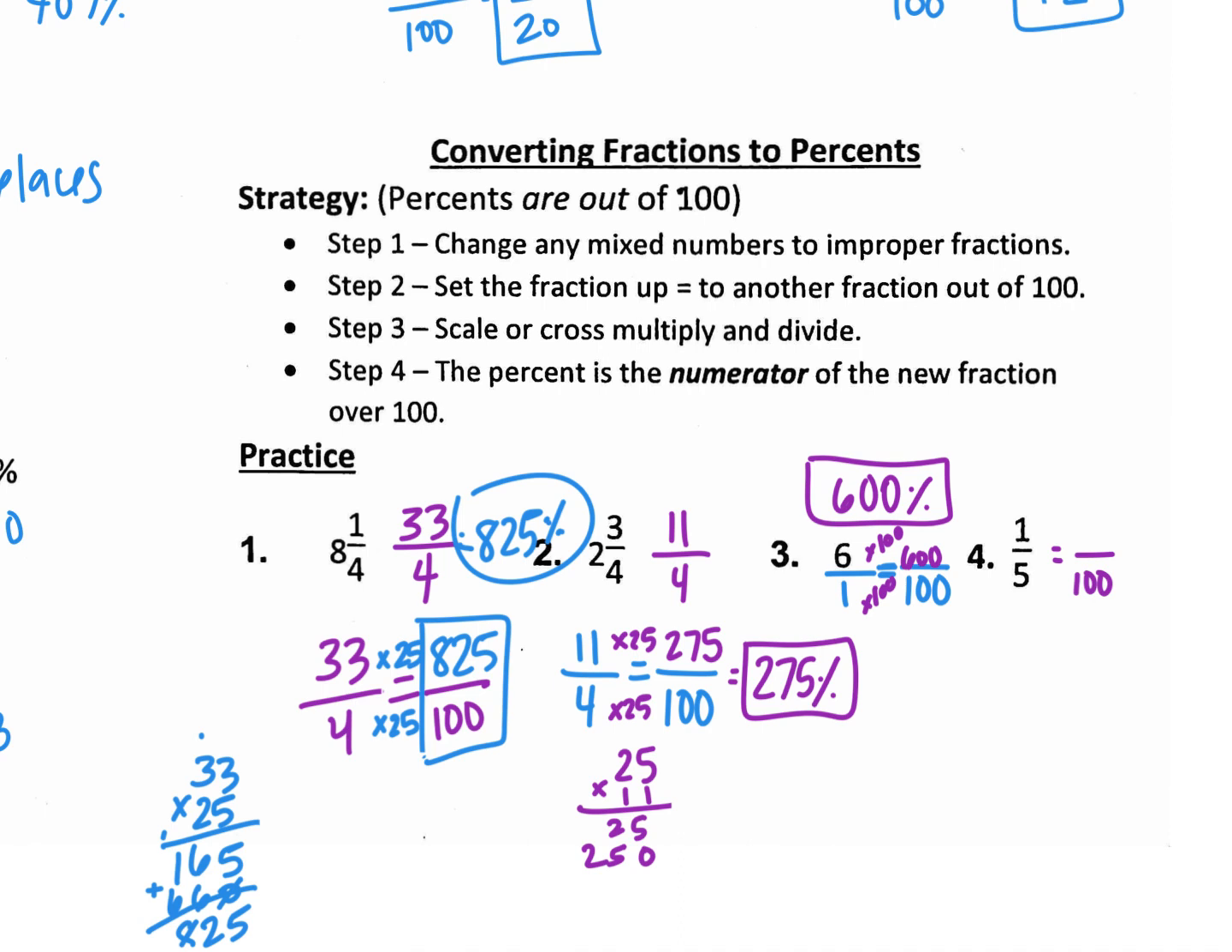20. So I'm going to multiply this denominator by 20. Do the same thing to the numerator. So it's 20 over 100. So what is my percent? 20%. Those are pretty simple, right? Yeah. Okay, but what if